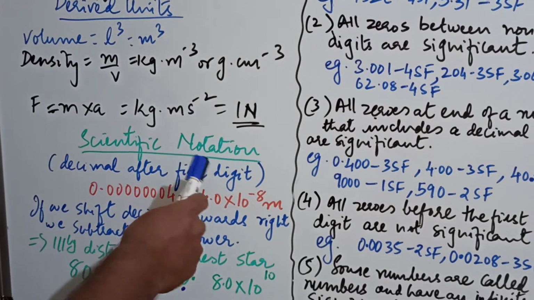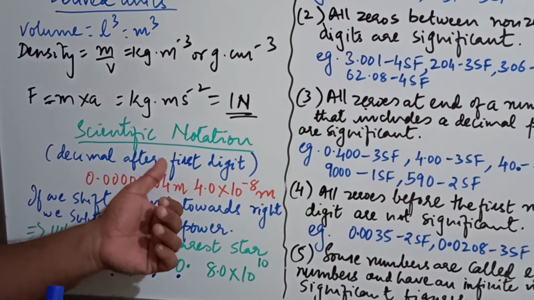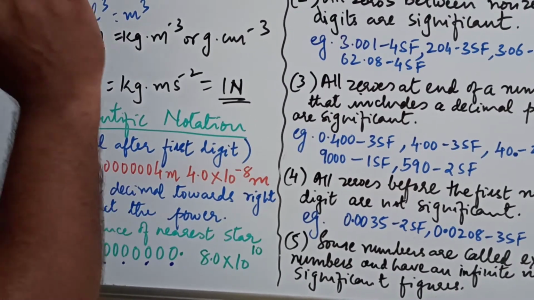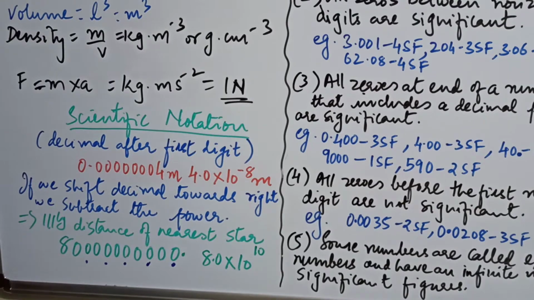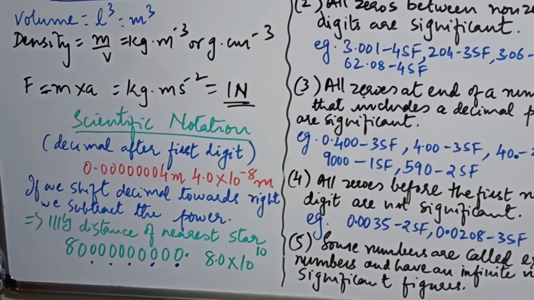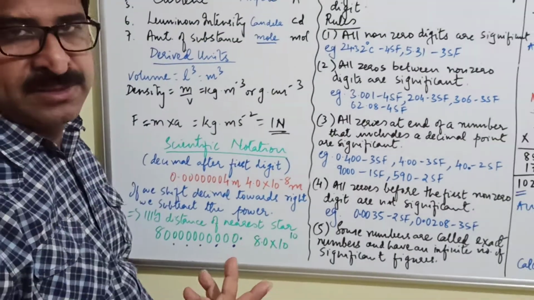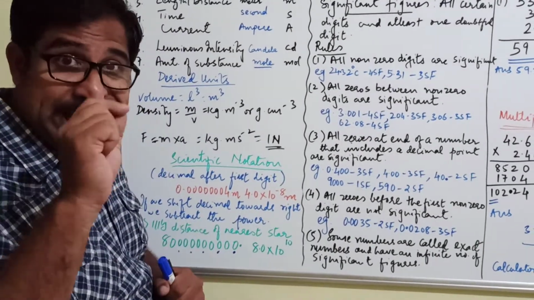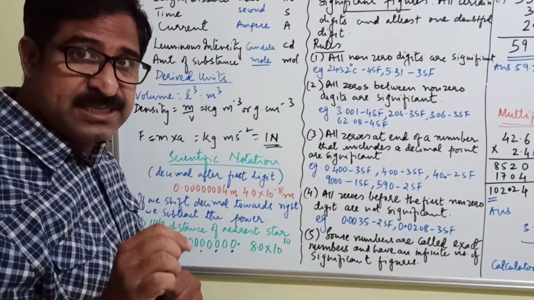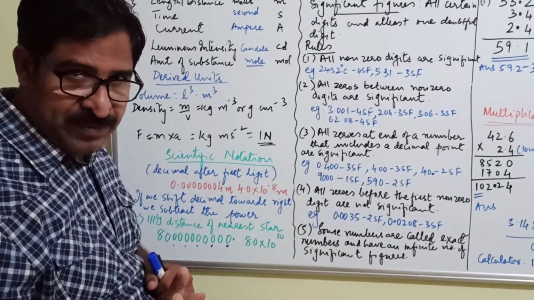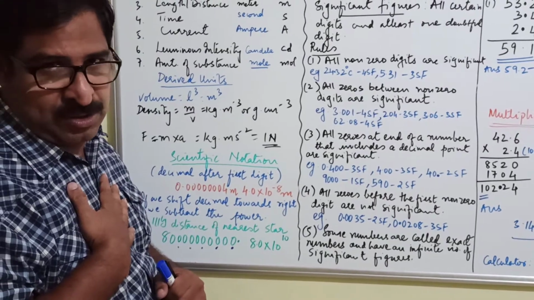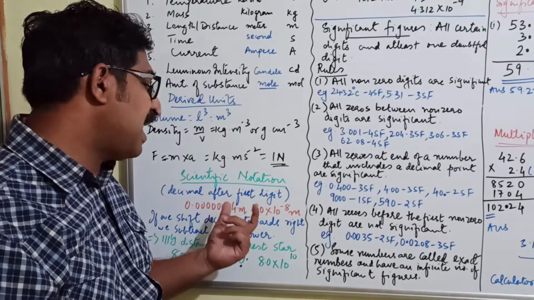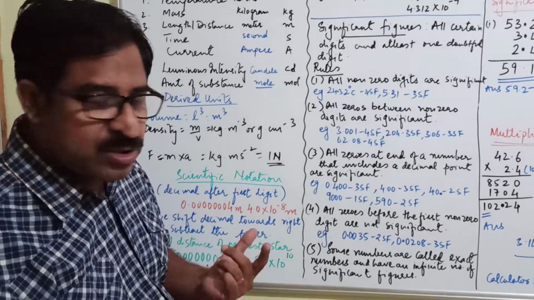Now we go to scientific notation. When we have decimal after the first digit, that is known as scientific notation. That means when we are solving different scientific calculations, numericals, problems, clear? So that time we will have to denote or give our answers in scientific notation, not at our own will. There is a certain set of rules, and that is one of the rules, where the answer has to always be in scientific notation.